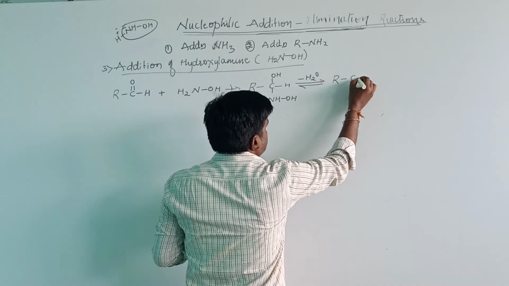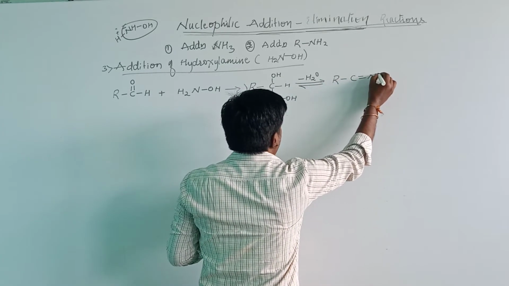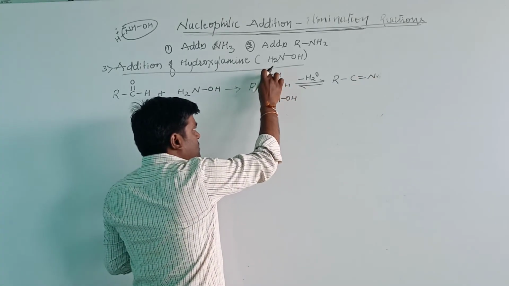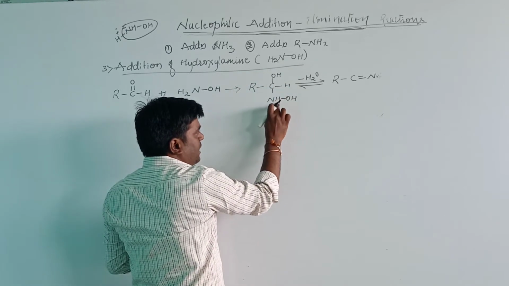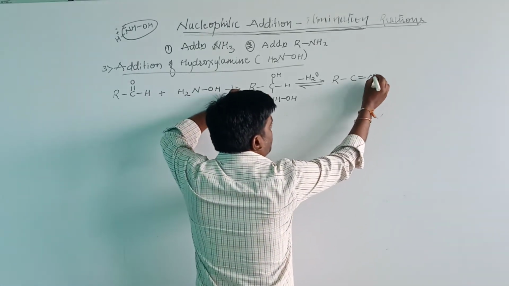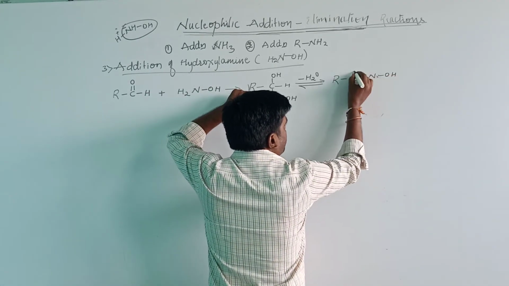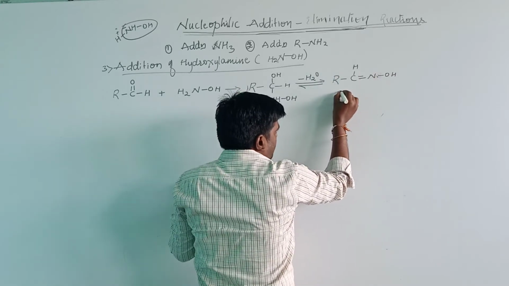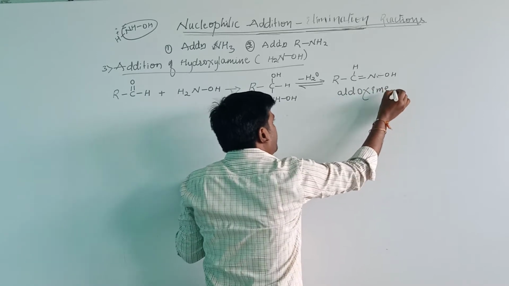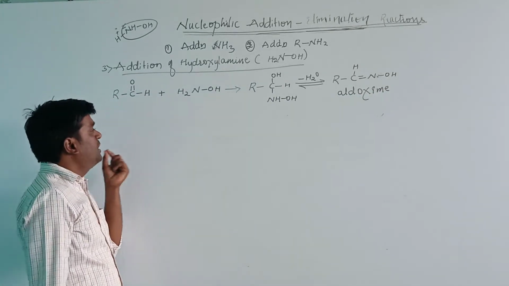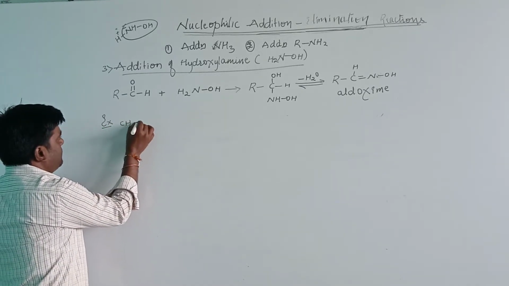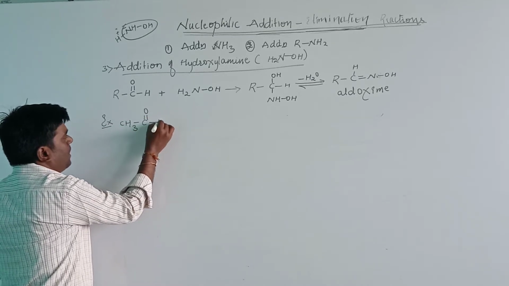And let us see what is aldoxime. R, C double bond N, that is NH, one of the hydrogen will be converted to water. This OH combined with one of the hydrogen attached to the nitrogen and gets converted to a water molecule. And the remaining part is NOH and here hydrogen. Such compounds are known as aldoximes. Let us see a particular example here.